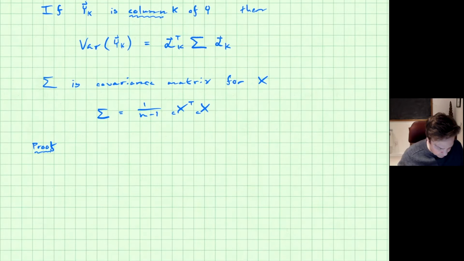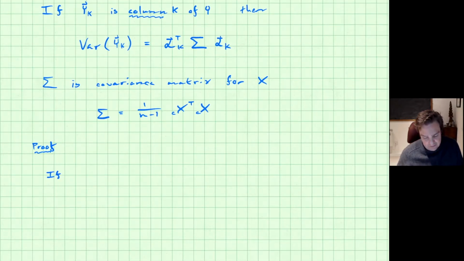All right, so here's the proof, right? Let's suppose I'm going to introduce some notation to make this work. Let's say we make the covariance matrix for y. Let's call that sigma with a subscript of y trailing behind it. So if this is the covariance matrix for y,